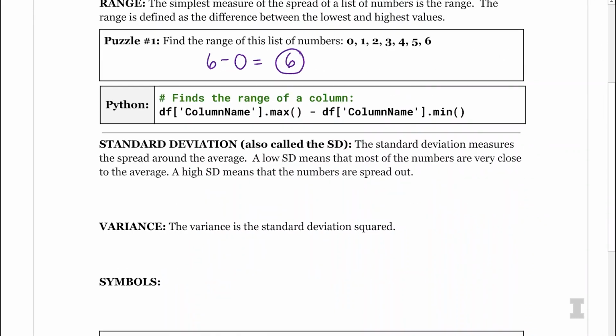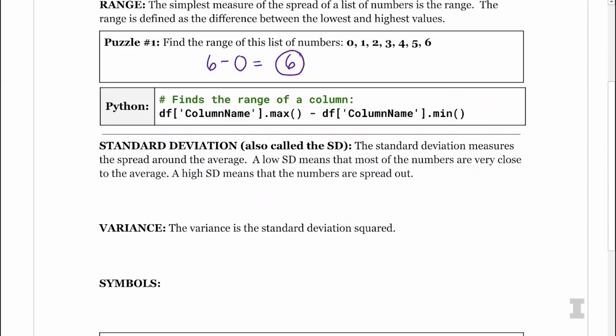Let's talk about standard deviation, because I actually think that standard deviation is more commonly used in statistics than range. What about computer science? Standard deviation is really critical for all of data science and computer science. And it really is a measure of how far apart things are. It's a classic measure of spread. Yes, exactly. The standard deviation, which you'll sometimes hear us refer to as the SD, measures the spread around the average. In other words, a low standard deviation means that the numbers are really close to the average. A high standard deviation means that the numbers are more spread out.